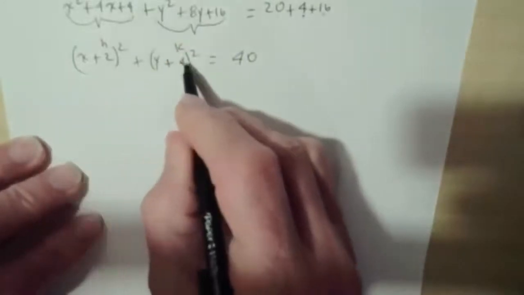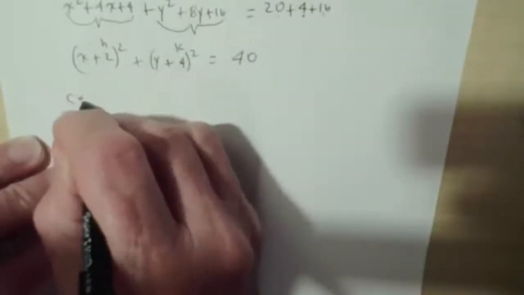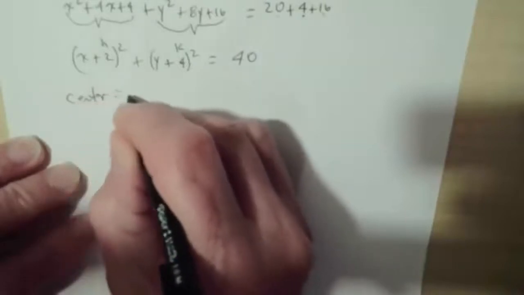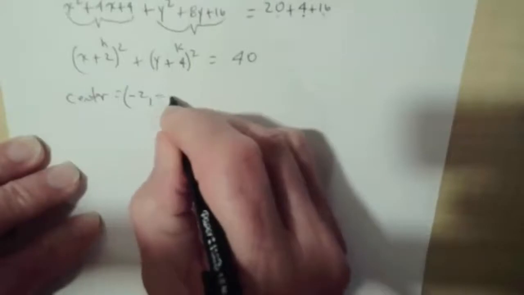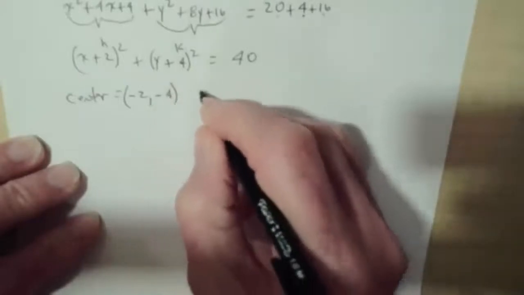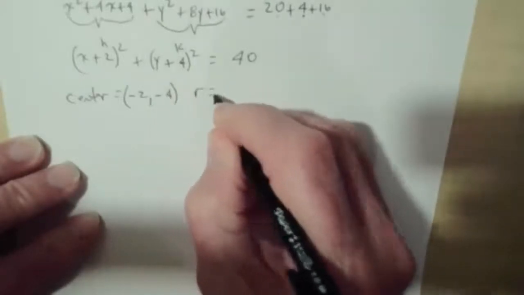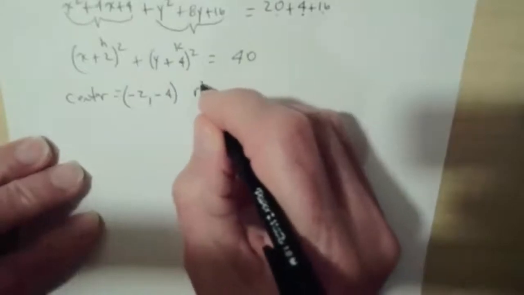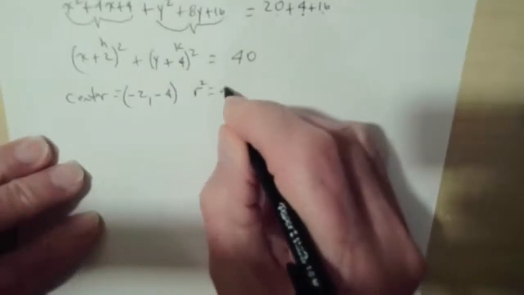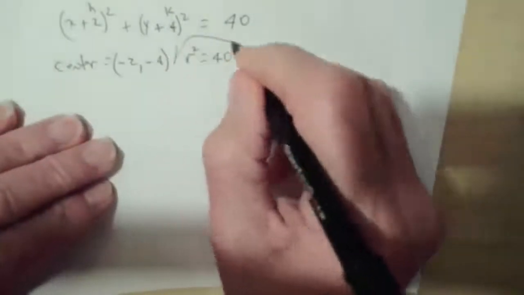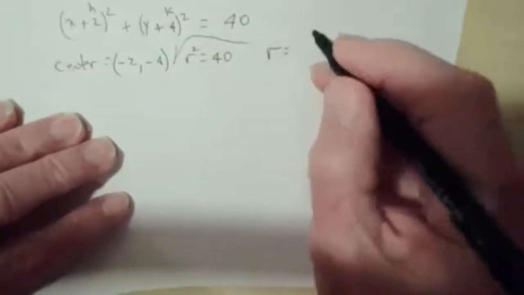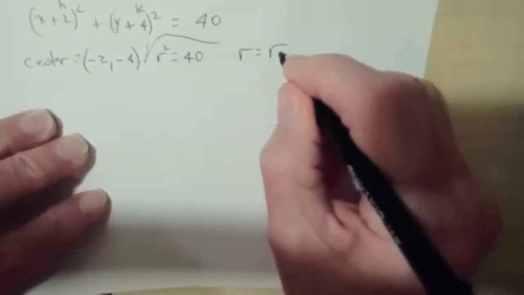So the center is negative 2, negative 4. And the radius squared is 40. Okay, so we have to take the square root of all this stuff. So the radius is the square root of 40, which is,